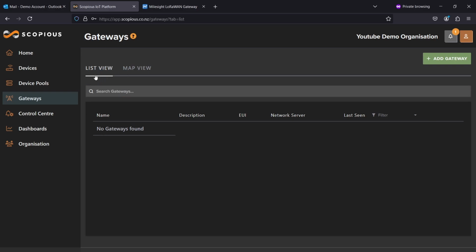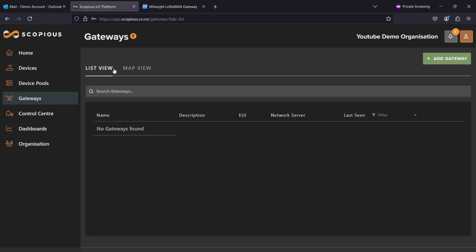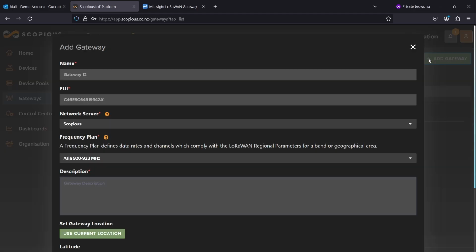See here we have either a list view or a map view. Both of these are unpopulated. But once we add a gateway, you will start getting gateways in the list. To begin adding our gateway, we first need to give this gateway a name. So this will become